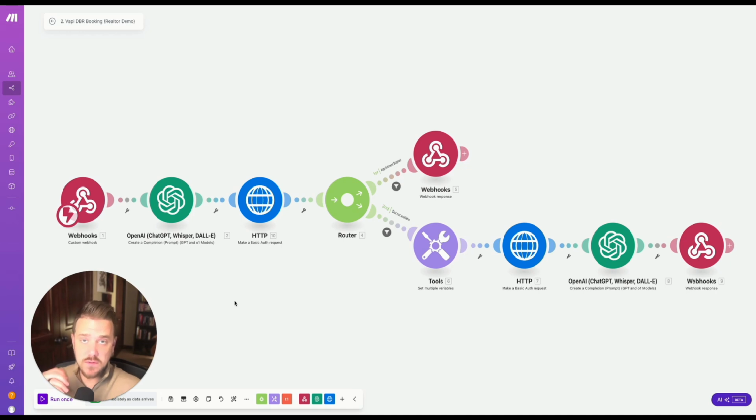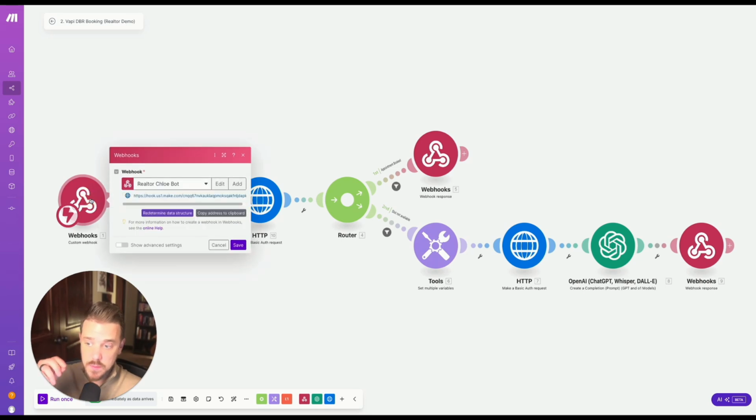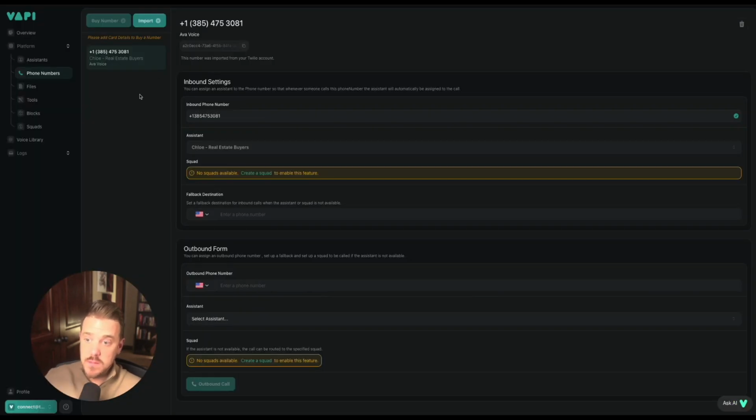So now we've sent data from Go High Level to Make to VAPI. And now we're collecting data from VAPI, going back through Make into Go High Level to be able to book an appointment conversationally over a phone call. So what we're going to be needing to do is set up a webhook here. Add and create a new webhook, copy the address to the clipboard, and go back into your